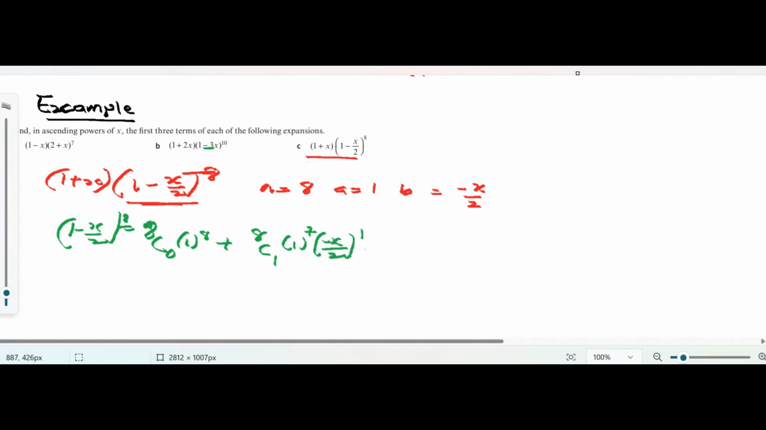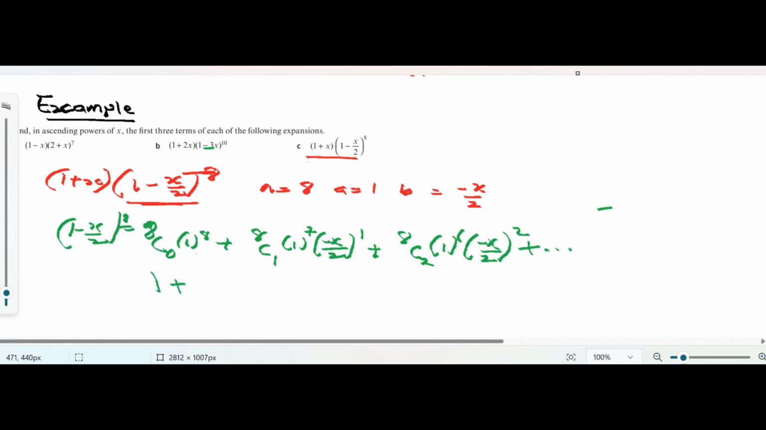Okay, so I move on to do 8 combination 2, and I have first term raised to power 6 and minus x over 2 raised to power 2. So the question asked me to do the first 3 terms. This is 1, 2, 3. Let me just do the first 3. So the expansion of this continues, but I don't need it because the question has asked me to do the first 3 terms. 8 combination 0, you can do it on your calculator, and that will give me 1